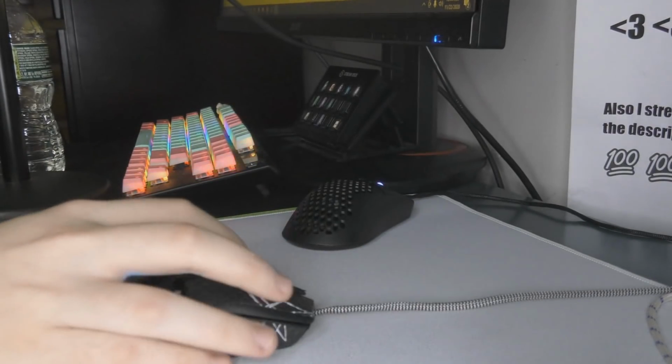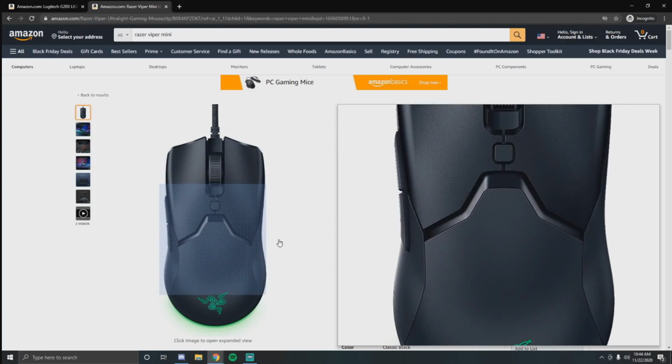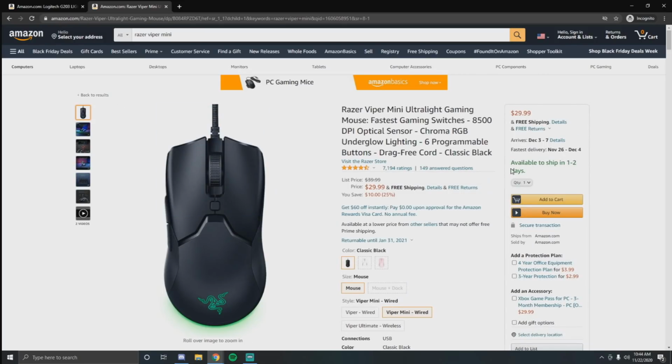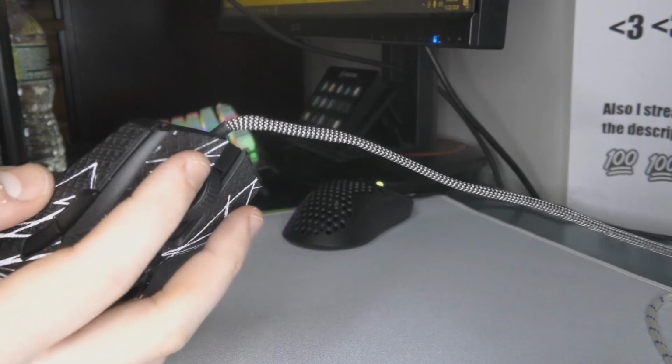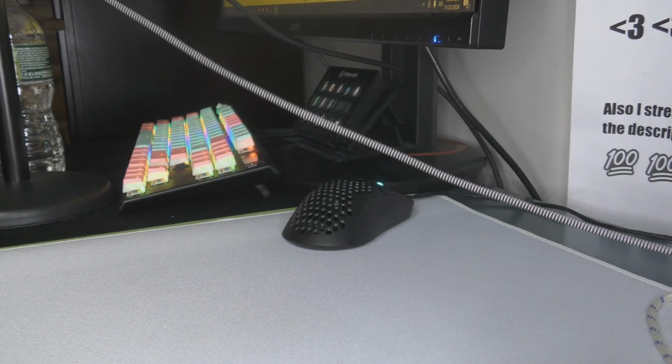So the Viper Mini now is actually on sale. It is down to $30. That is ridiculous, in my opinion, because this is seriously a top performing mouse for only $50 or $30. It used to be $40, and now it is on sale. Who knows why? It has these insane Razer optical switches, much improved over the original shitty mushy Razer Viper and